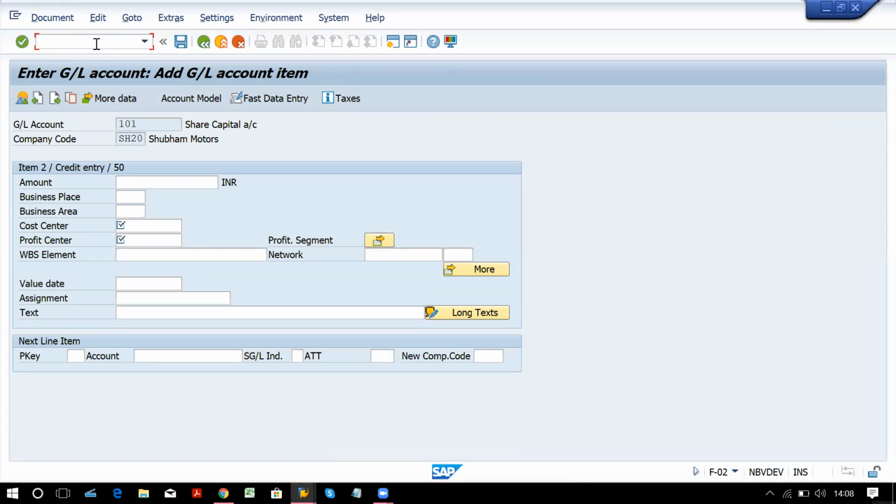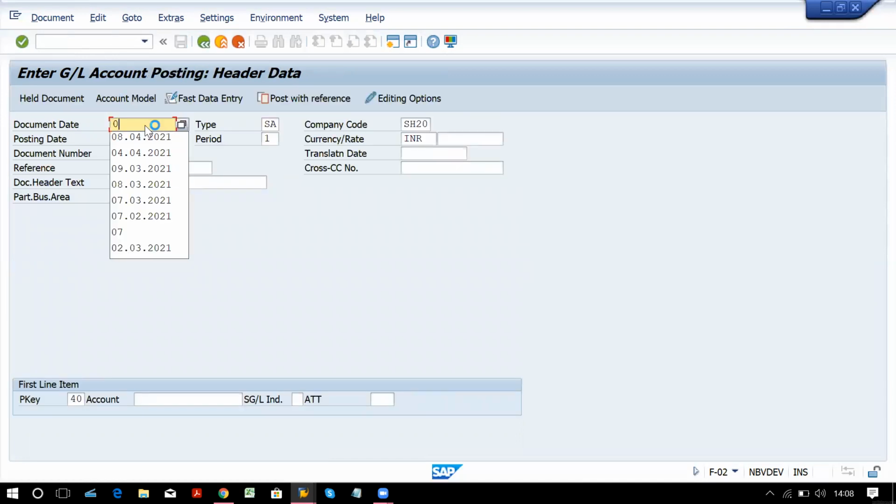Our data will get lost because we have not saved it, but that is okay. So I'm running the same T code again, F-02, and you have to enter the data again. Now we will check whether the configuration we have changed is applicable on this particular T code.